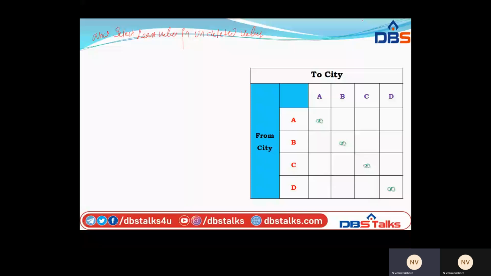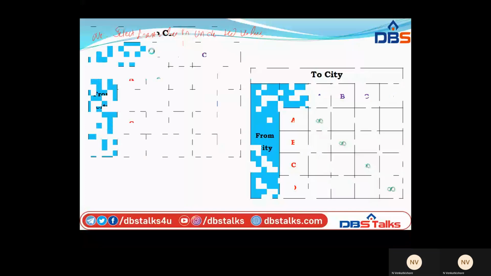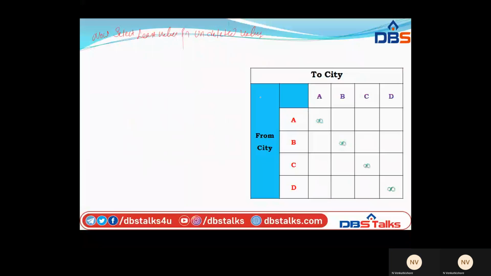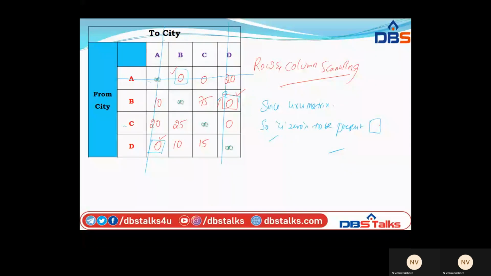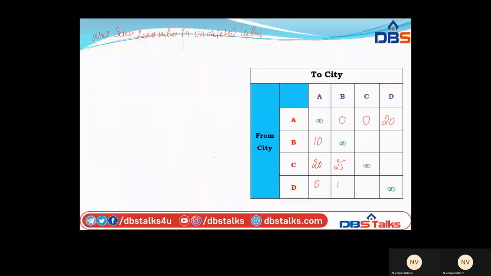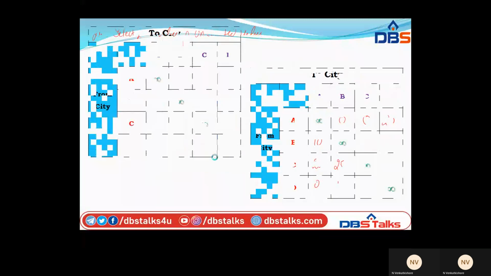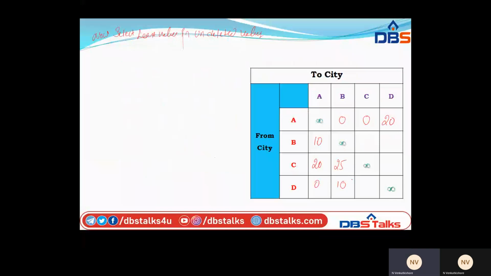From the table, we can see 0, 0, 20, 0, 0, 20, 10, 20, 0, 25, 10, and this is 75, infinity, 15, 0, 0.